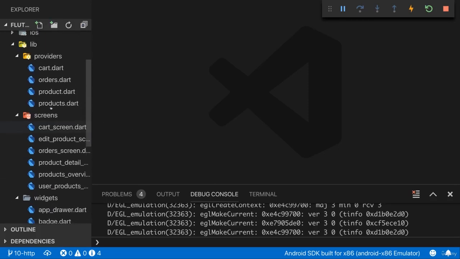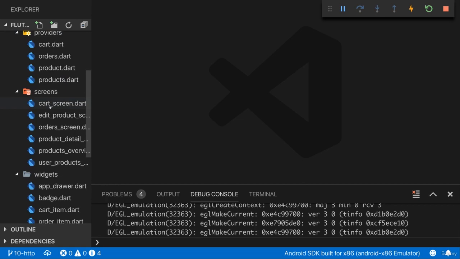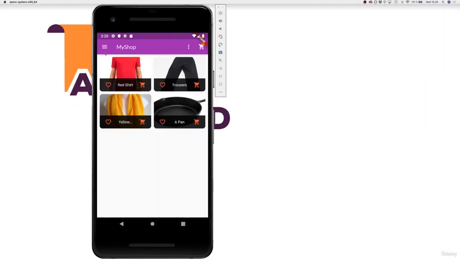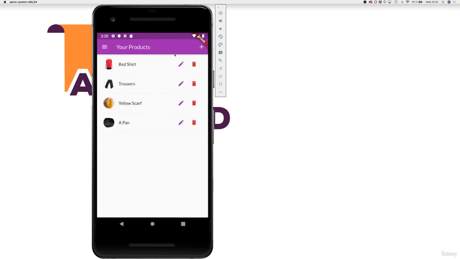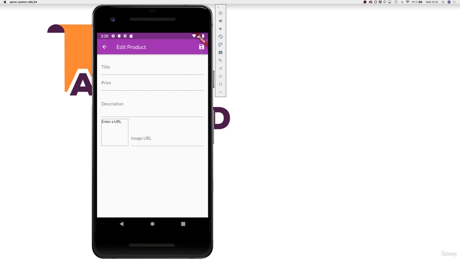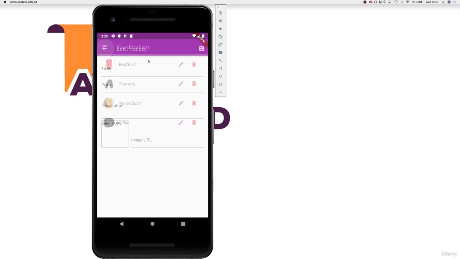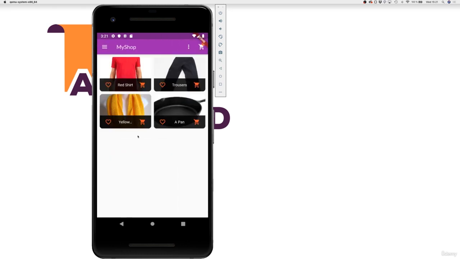So in our application, we want to send HTTP requests. And I think a good place to start with that is actually to allow us to add new products and actually store products, where we then click on that save icon here, not just locally in memory, but actually on a server. So that in the next steps thereafter, we can start fetching the data from the server, for example, for this list, but of course also for our shop,